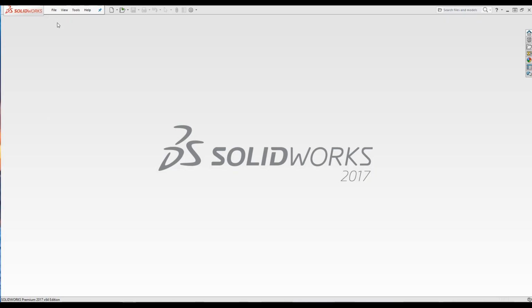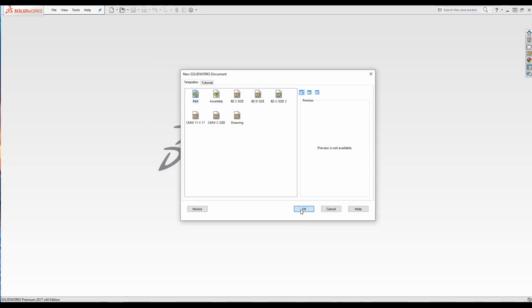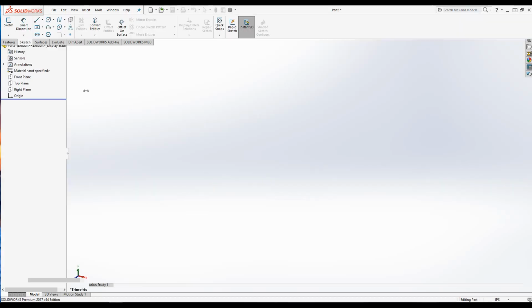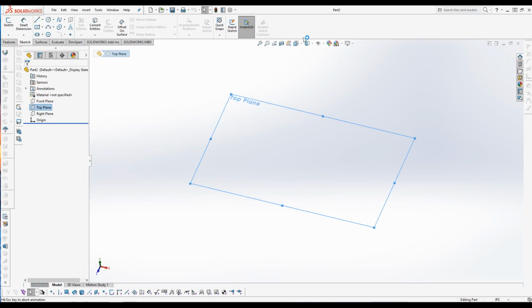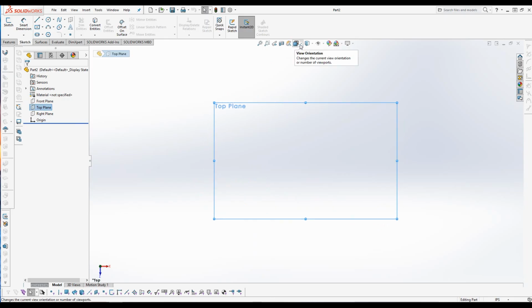In this module, we're going to talk about sheet metal. So we're going to go ahead and create a new part here. Alright, so we want to locate our part. This is the top plane here. Just press normal to. So we can see here we're looking at the top. So let's go ahead and start out